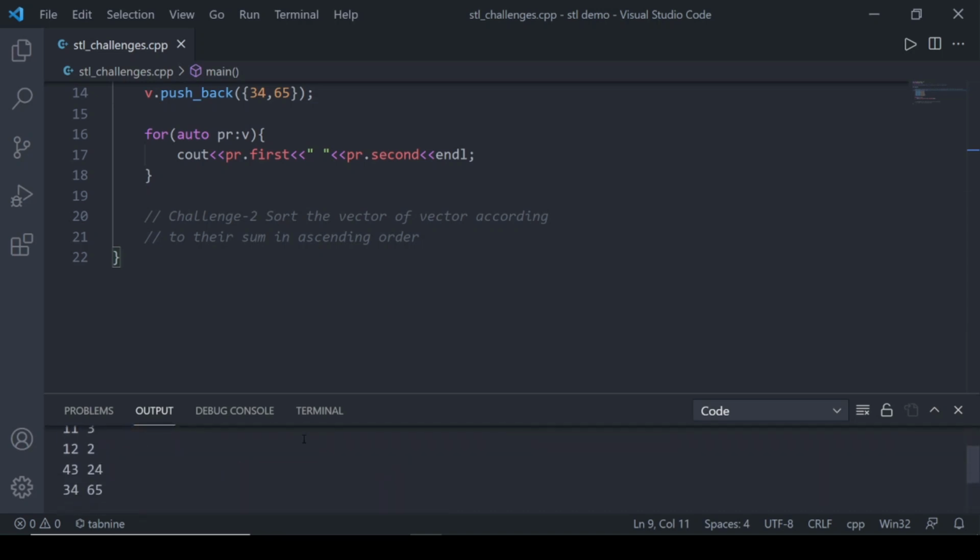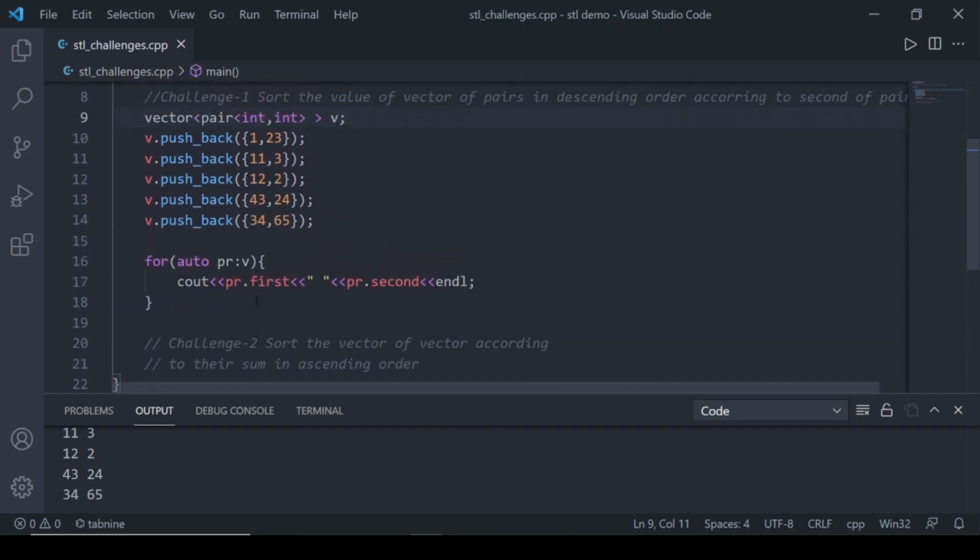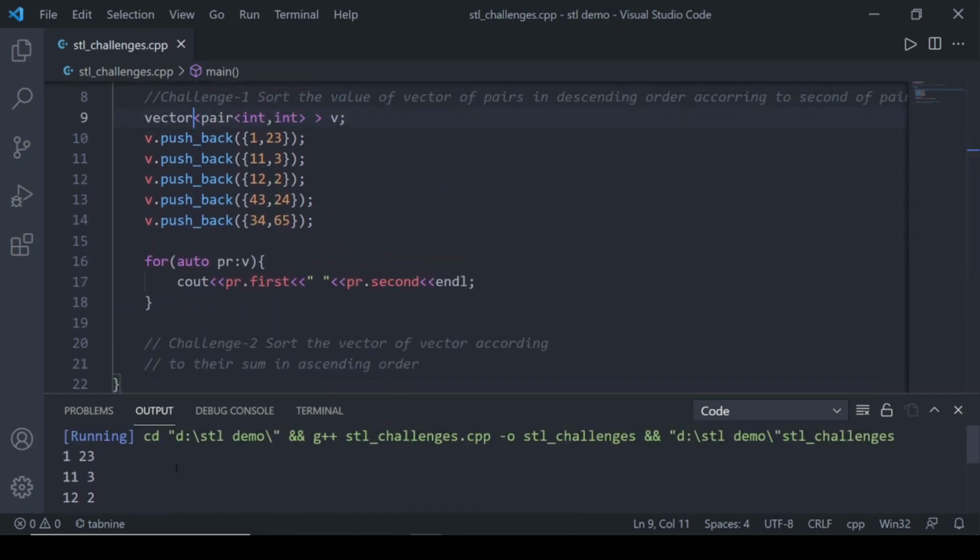Okay, so we have 5 pairs and they are showing in the order in which we created them.